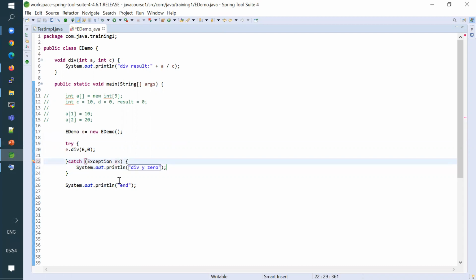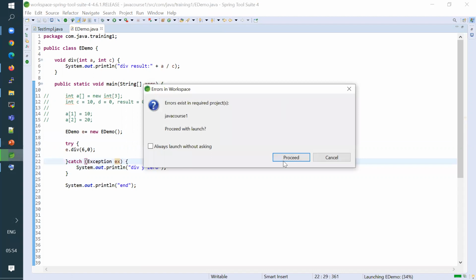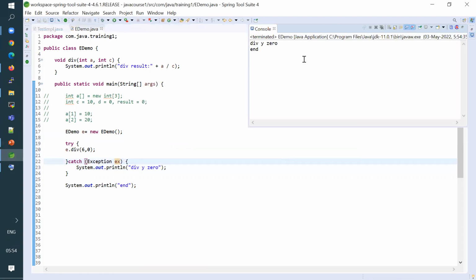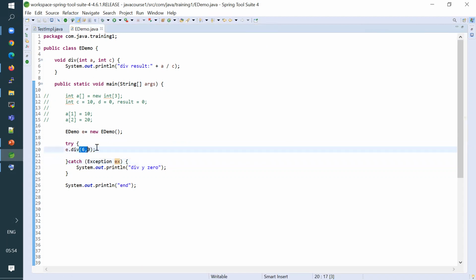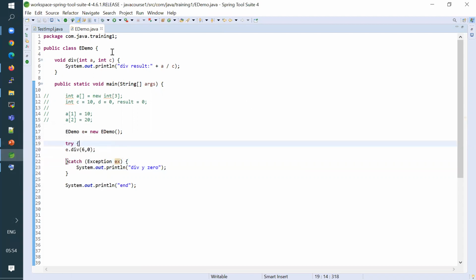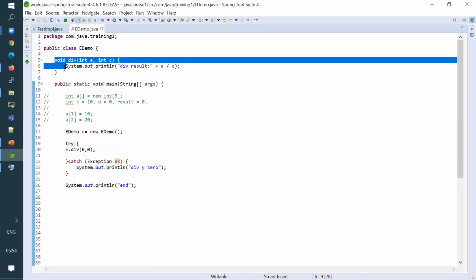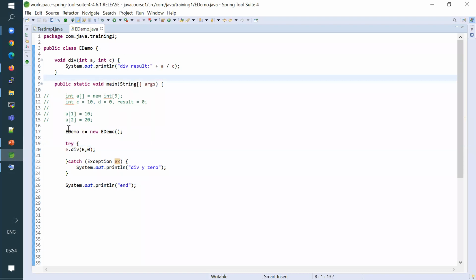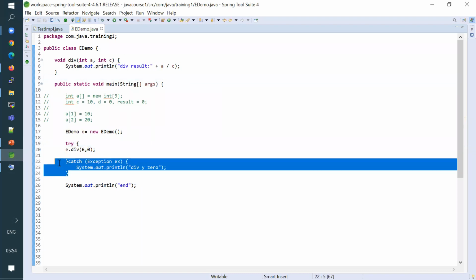Okay. So now if I execute this, now I am handling the exception, even though I'm dividing by 0. So this is what we tend to do normally, but what methods can also do is, in the first place, before even that, so this is how we will do it.